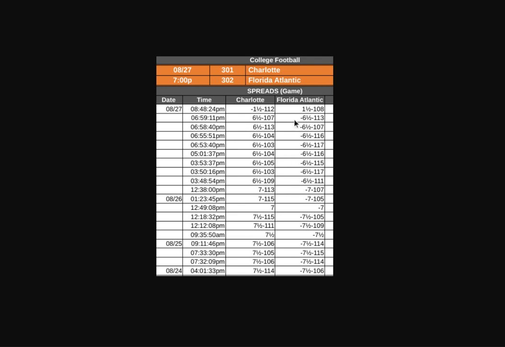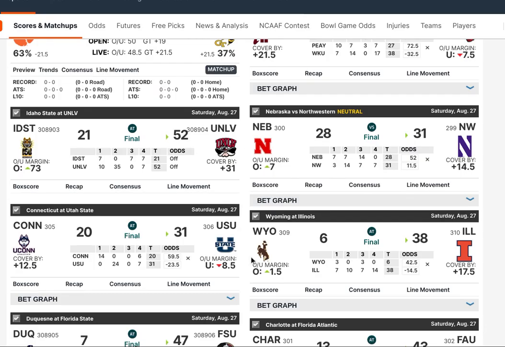It stays at 6.5, does not move at all. So there's no movement at all. That favors Florida Atlantic, or favors the favorite. And Florida Atlantic,